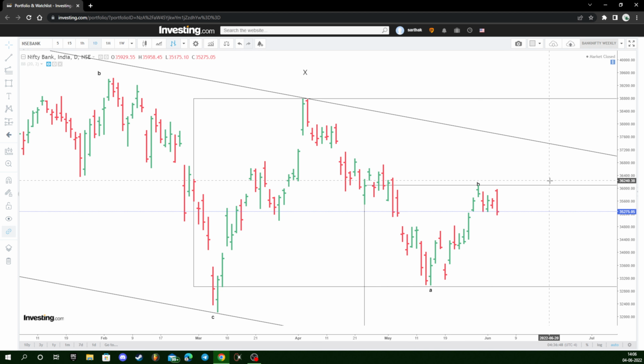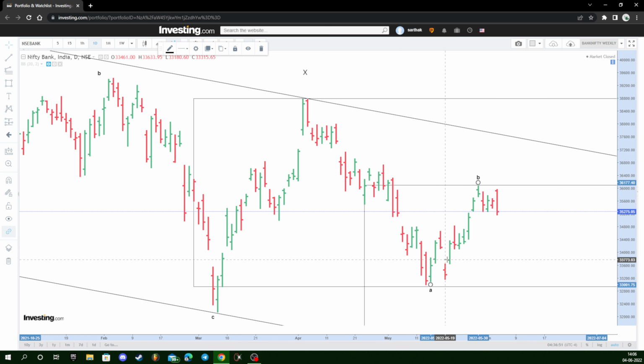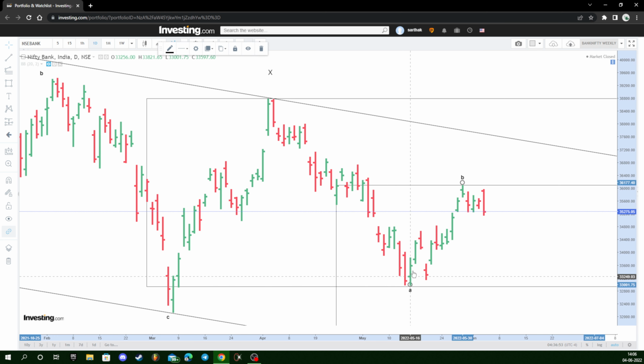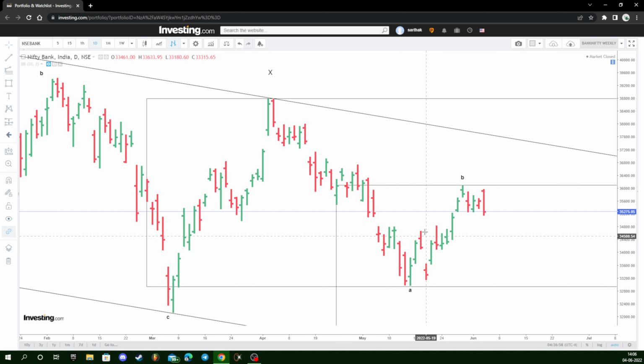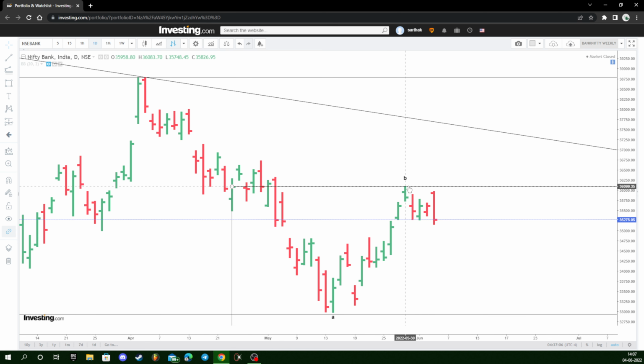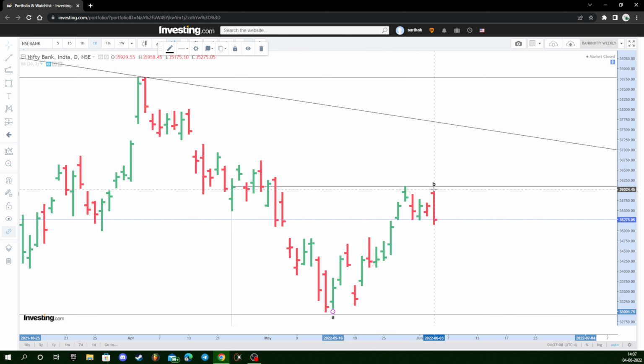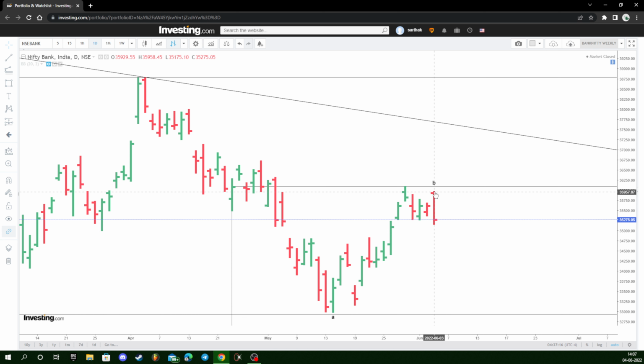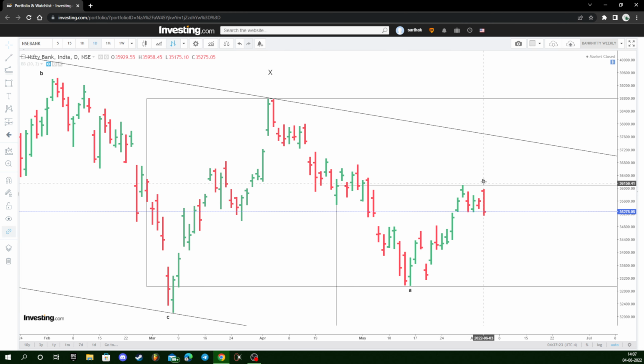Okay, so if I take you on to the daily chart, we can see that this is not an impulsive. I can't take this as a 1 2 3 4 5 here. I can take this probably as a W wave X, then ABCY, some sort of this action, and this looks like a truncated wave X. So I am more comfortable in taking the B wave to the top of the high of around 35,958. So that looks complete over here.